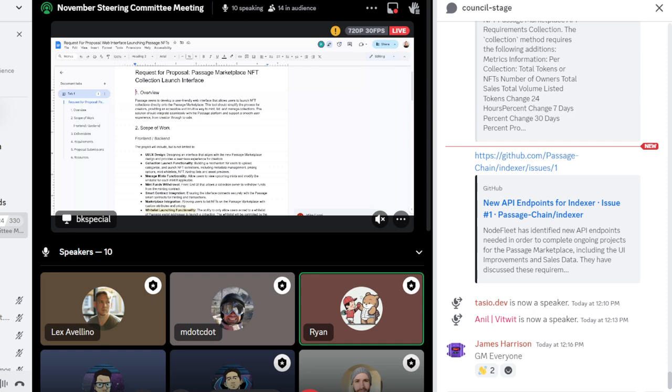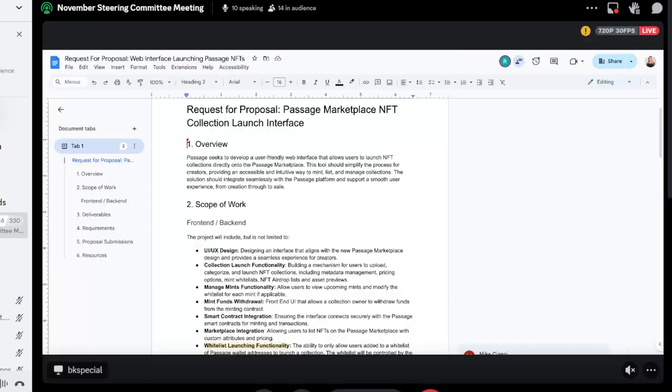The plan as far as how it would be used would be, at the outset, it would still just be the Passage team that's using it. It'll give us additional time to test it and really get it battle tested. Then eventually we would open it up over time, starting with trusted creators, so folks who have launched collections before, or folks that we're very familiar with or have a really good reputation, primarily within Cosmos. They would get added to a whitelist and then be able to launch their own collections, and then eventually just fully opened up, ideally where anybody can sign on and launch a collection.